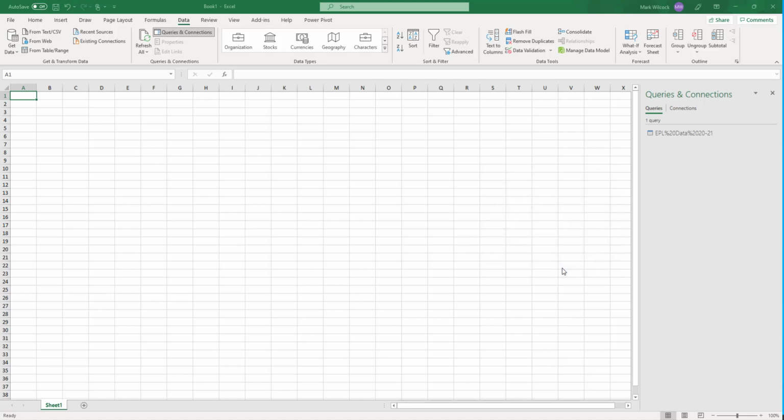I'm going to click on OK, and it's loaded the data. Once we see that 380 rows loaded, what I want you to do is again in the data menu area, in the data tools section, there's an icon called Manage Data Model. I want you to click on that,